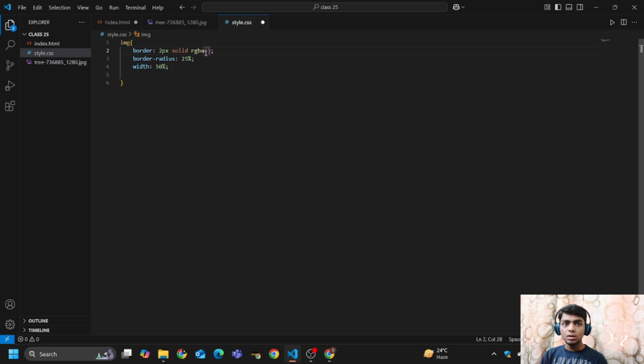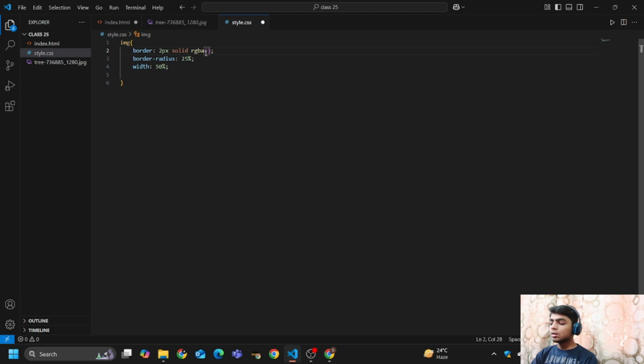G stands for green, whose value also varies from 0 to 255. And B stands for blue, whose value also varies from 0 to 255. And A stands for alpha, whose value varies from 0 to 1.